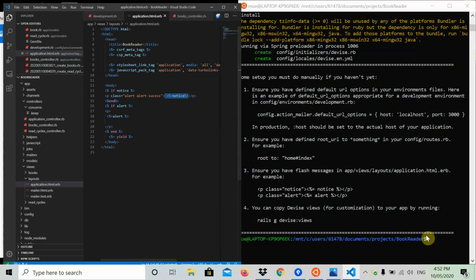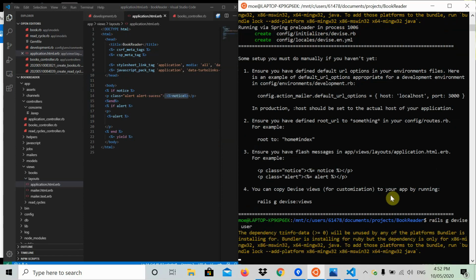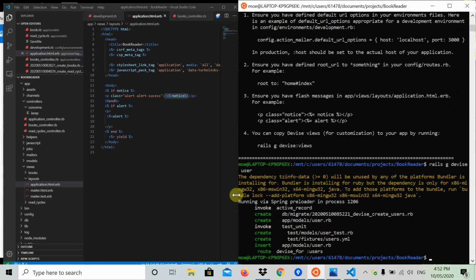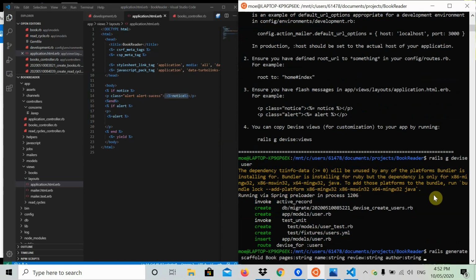Okay, so now what we're going to do is create that user. So we're going to go rails g devise user, and that just creates the Devise user. Similarly to how we did rails generate scaffold, this does rails generate devise, and you can use g instead of generate for a shorter way. Okay, so once we do that,